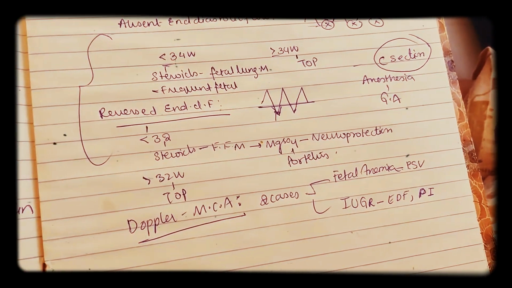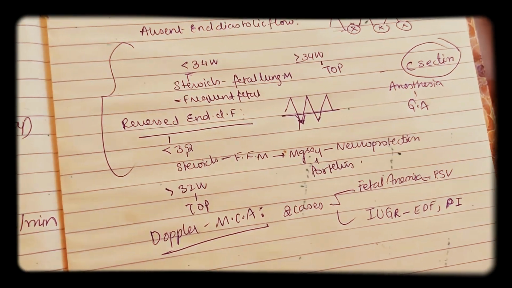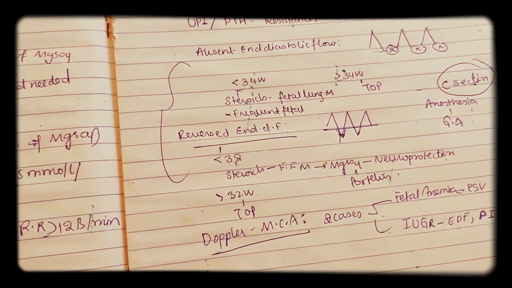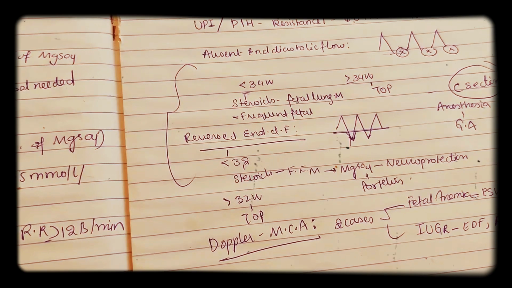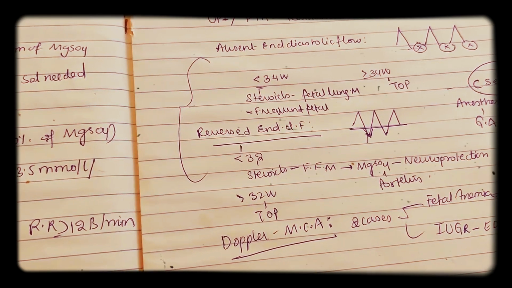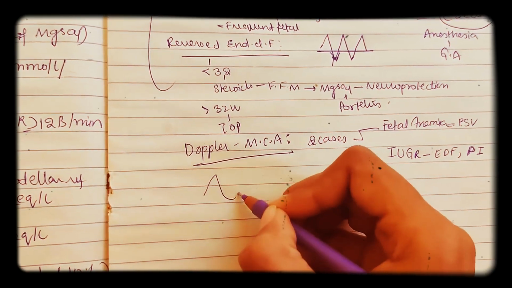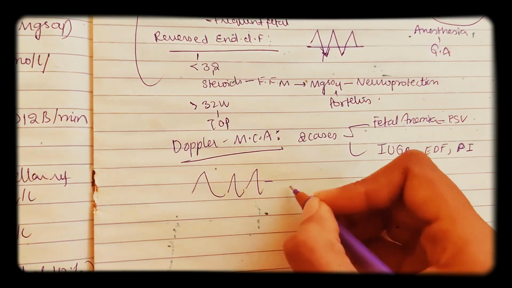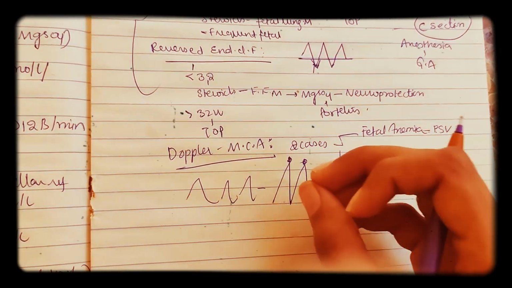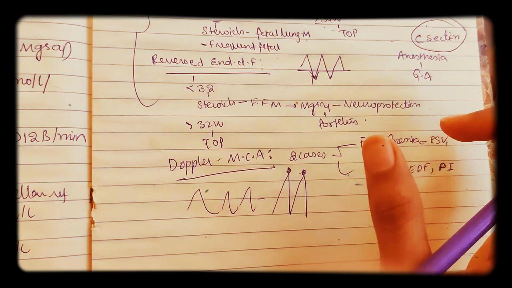So in the case of fetal anemia, the Doppler which we do is middle cerebral artery Doppler, where you will see the PSV. What is PSV? That is peak systolic velocity, right? Peak systolic velocity. So if the fetus is having anemia, then this peak systolic velocity increases. So how it will increase? Let me show. Normally the diagram will be like this. Okay, but in the case of fetal anemia it will be like this. This peak you need to see. So the peak is increasing. So the peak systolic velocity is increasing in the case of fetal anemia. So that one you will observe.